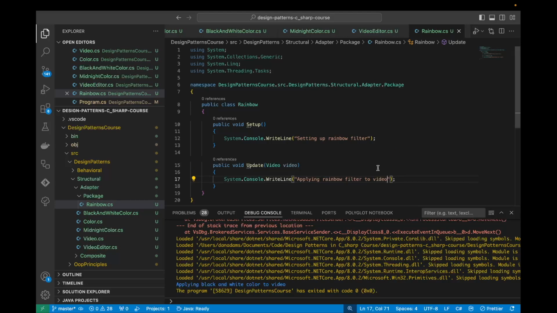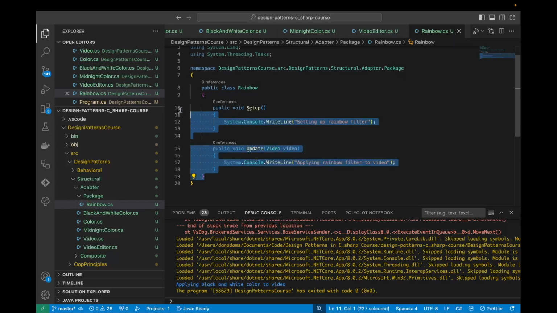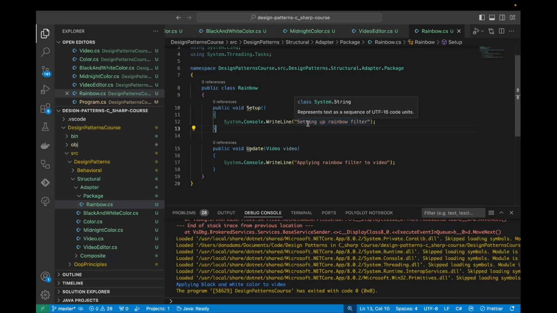Okay, so this sort of represents what our third-party rainbow color class looks like, and currently we can't use this because it doesn't implement the color interface. So what we can now do is create an adapter class that adapts this rainbow class to use our color interface so that it can be used by our video editor class without having to modify this source